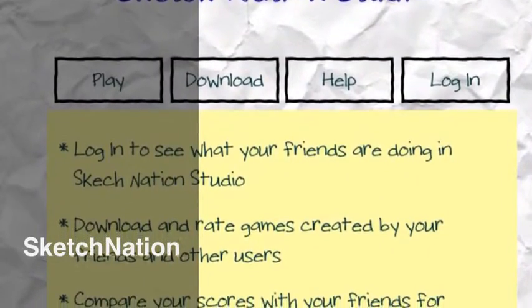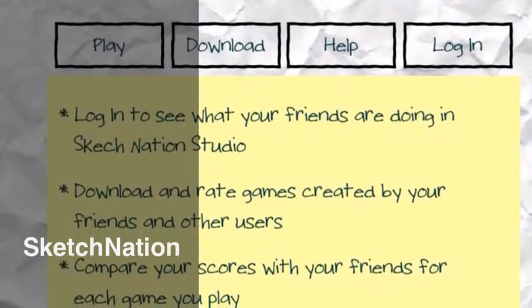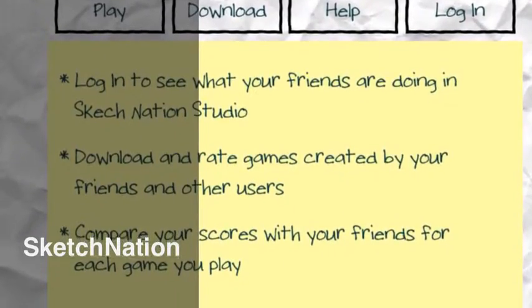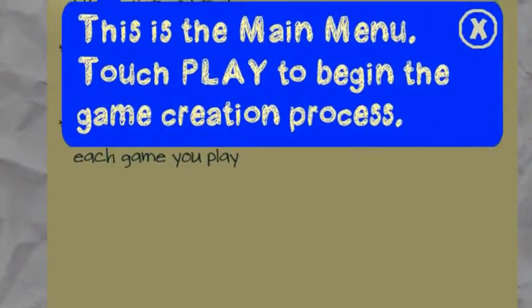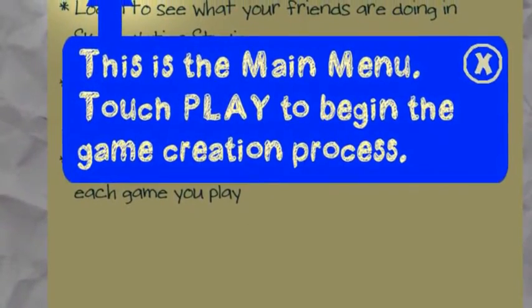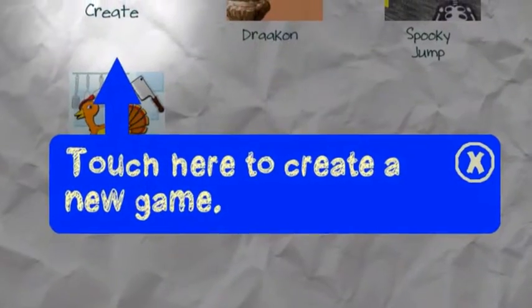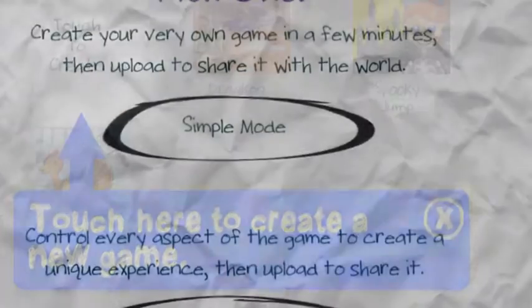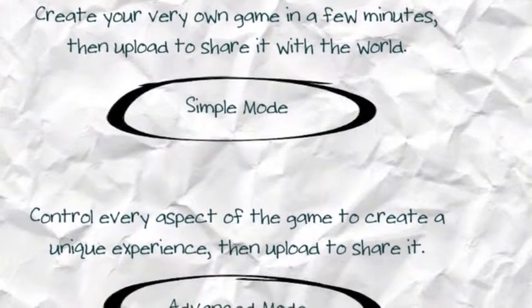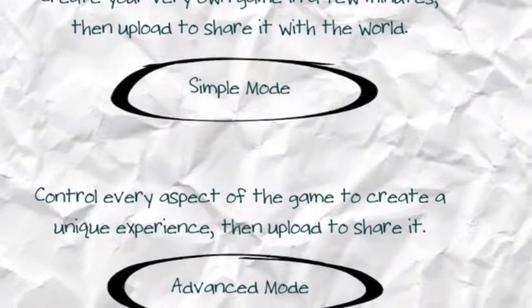Okay, so Sketch Nation is the app that you would use for students to create video games with your content. And you start off after you load the app by having the students touch play. Once they touch play, they're going to click on create a game. The simple mode will only allow them to do a limited amount of tasks, so you want them to use